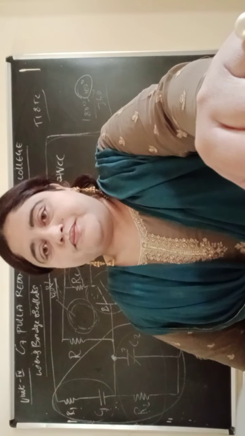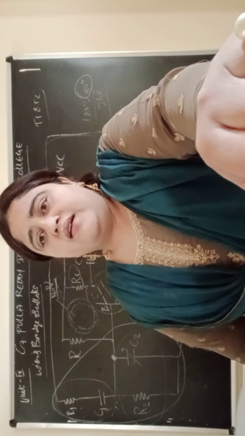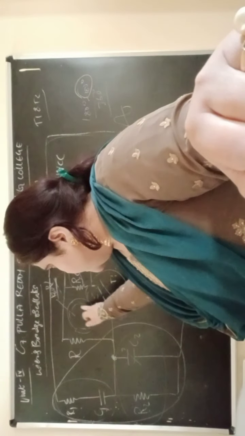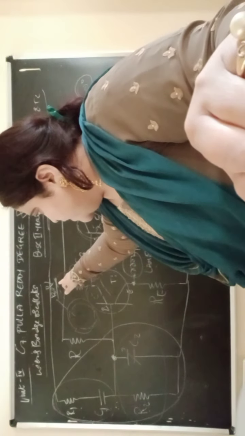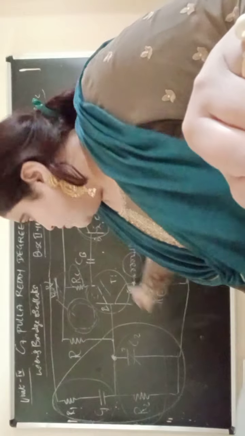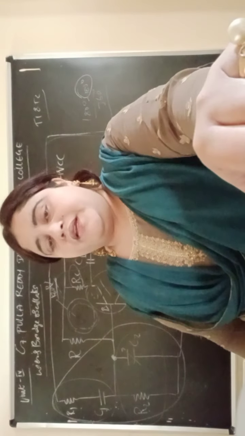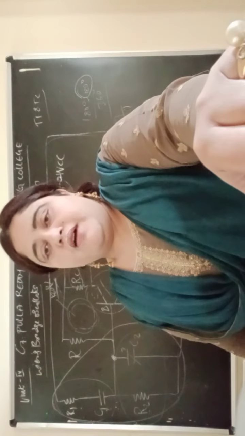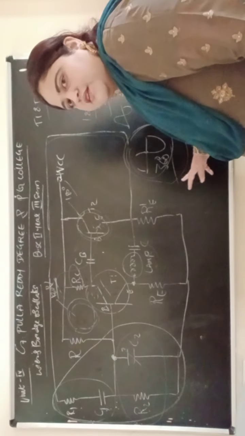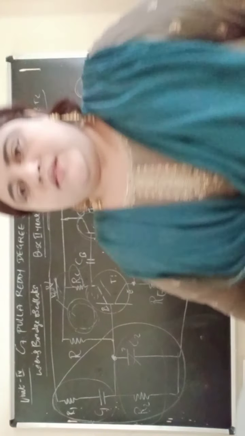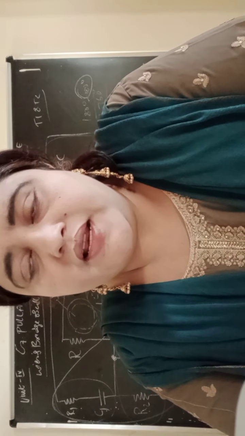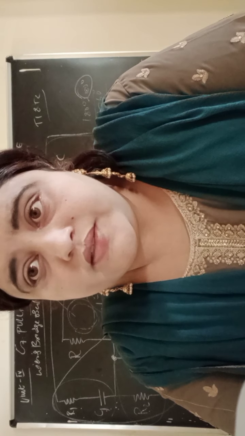Then finally we went for operation. In operation we said that when VCC is on, the input which is applied to T1 will be amplified in the RC network, but it will suffer 180 degrees of phase shift. For that purpose it passes to the next transistor T2, where it gets more 180 degrees, 180 plus 180, 360 degrees. Finally, we generate the output in the form of a sine wave, and 360 degrees means the sustained oscillation condition is certified.